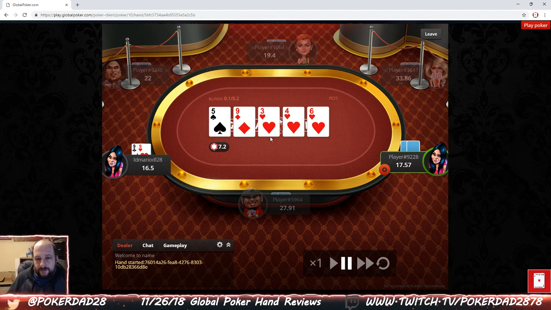So if he had like a backdoor flush draw of hearts... Now, he could have a backdoor flush draw with the diamonds or the spades, but it's probably unlikely that he's got a backdoor flush draw with hearts. And also, it's highly unlikely he would have bet the turn if he would have improved to a flush draw, and he decided to check there. So it's probably unlikely that he does have